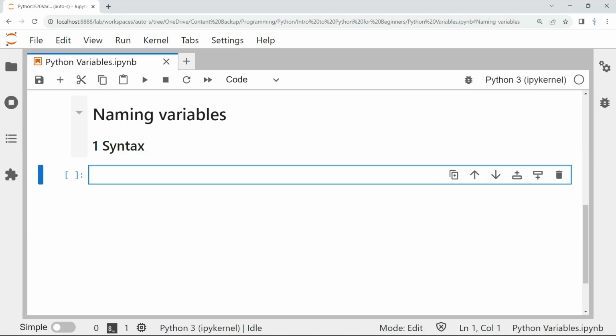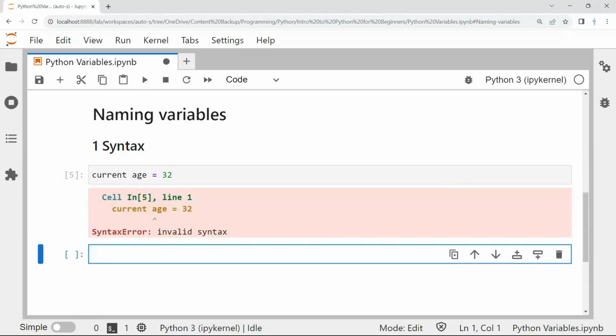So let's see what happens when we do this. Let's say we're going to name our variable current age instead of age and use a space. Let's see what happens. We get a syntax error because that space in there is not allowed by Python.